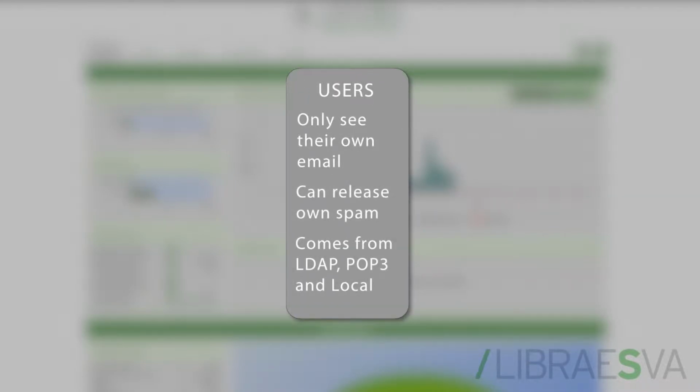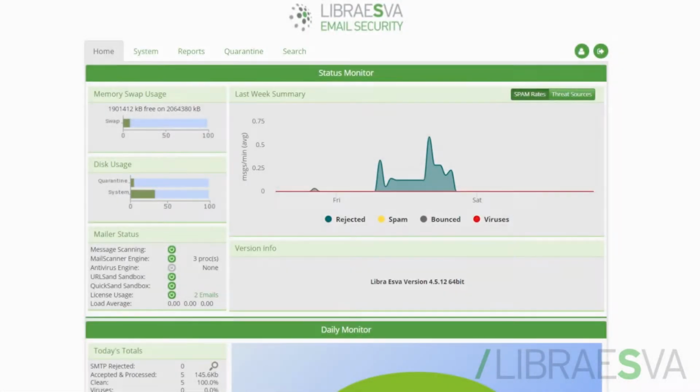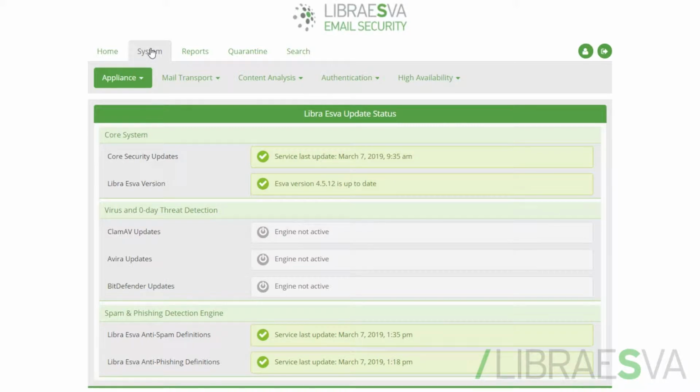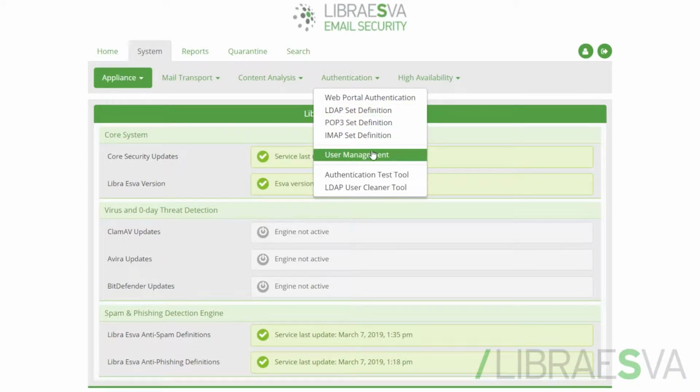Users can access their own messages, send and receive email in an outage, manage their own spam, and schedule their digest report delivery. These users can be made locally, via LDAP, or POP3. When users are set up, they can all log into the platform to do administrative tasks, like release low-scoring spam